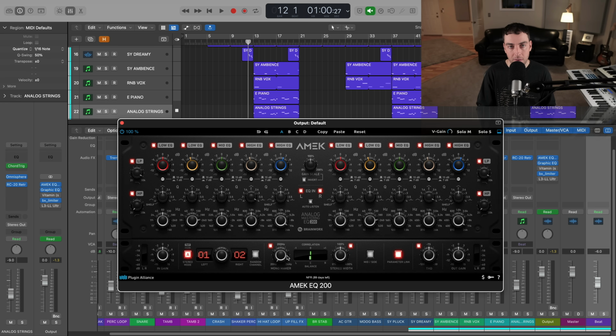So we're gonna turn that on, and what this will do is, depending on where we set this, whatever is below this frequency is going to be completely in mono. I get a lot of you asking how to anchor your low end in your beats so that you don't have weird phasing in the subs and all that. Very easy to do here. So we're just gonna set this to right around 100 Hertz.